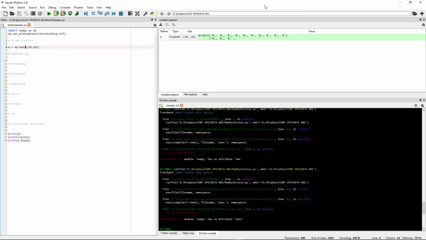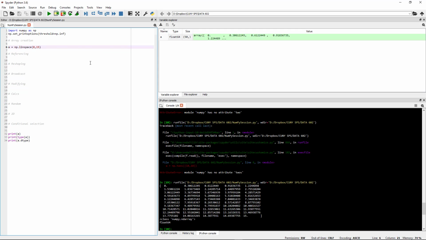So let's go on to another function that we can use called linspace. Linspace stands for linear space, and what that lets me do is create an array filled with a range of numbers. So let's say I want to create an array filled with this here. What's happening here is that NumPy creates by default 50 numbers that are evenly spaced from 0 through 15. So I'm specifying a range, and within that range it's creating 50 different equally spaced intervals and producing those numbers